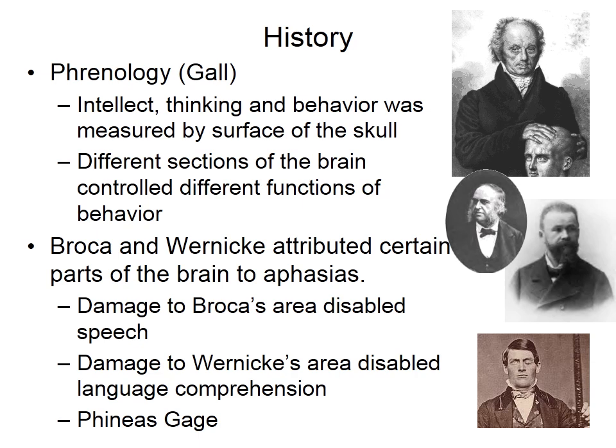So Broca, for instance, became famous because he noticed through a series of studies that if there was damage to a very specific part of the brain, which eventually became known as Broca's area, this disabled speech. So people that were damaged in this part of the brain could understand what was said to them. They could respond non-verbally, but they could no longer produce any kind of speech that made sense. At approximately the same time, a doctor named Wernicke was doing similar research and noticed that a separate area of the brain, when damaged, would result in people not being able to understand language spoken to them. So they still could think, their cognitions weren't influenced, often their personality wasn't influenced.